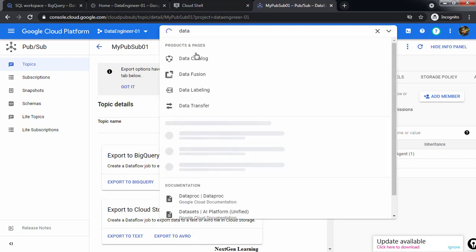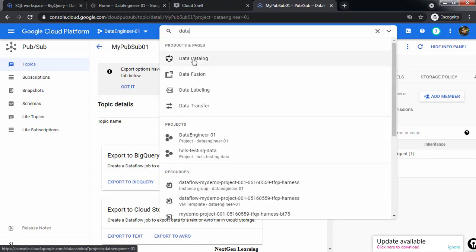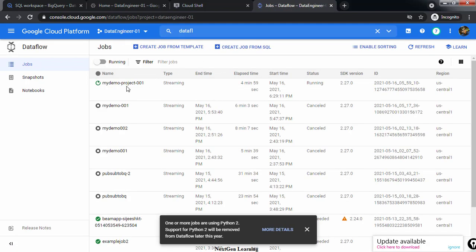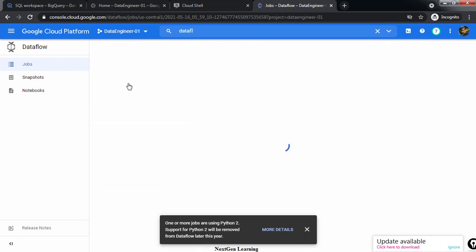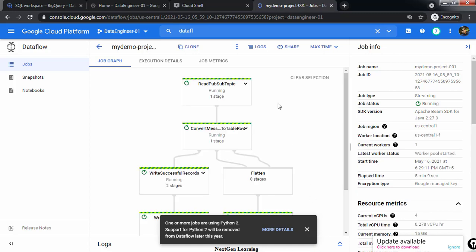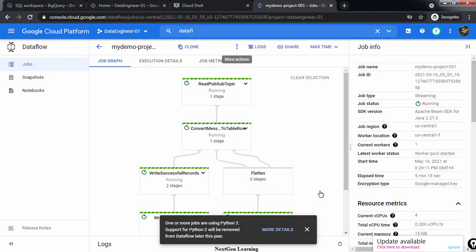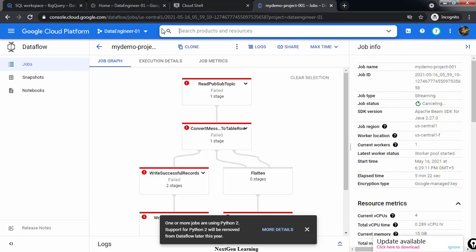Once our testing is done, we have to clean up all this. Because this job will be running continuously and making use of computational resources in the backend, if it's for trial or learning purposes, you need to stop this immediately. Once this is stopped, you can cancel it and stop, so that it will release the resources. Also, you need to clean up all other resources that you deployed, like your storage bucket, then the PubSub topic, etc.